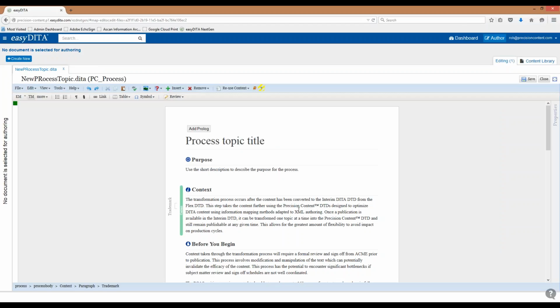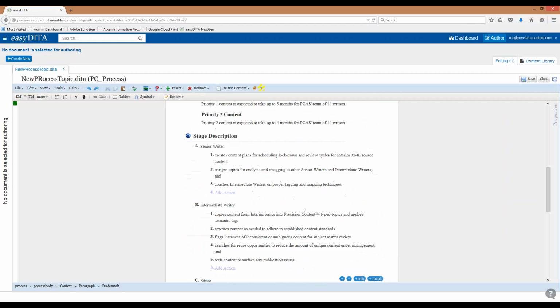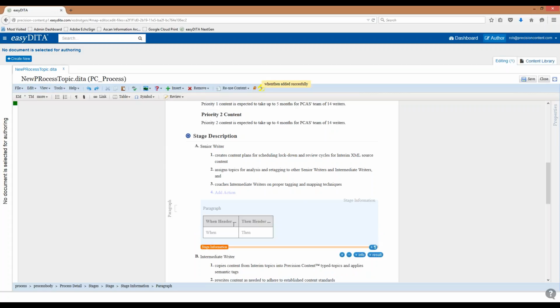So this is a very, very easy to use interface for non-technical writers. Looking at this, for instance, one of the custom pieces that we have as part of our specialization is what's known as if-then and when-then tables, where we've created semantics to support the development of when-then and if-then tables. So we have a custom interface that's been built by EasyData for us for our precision content approach, where we can insert our